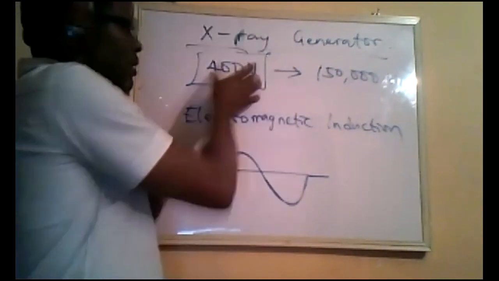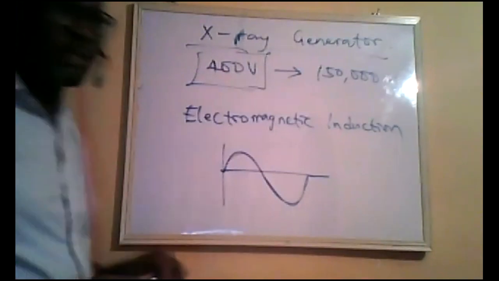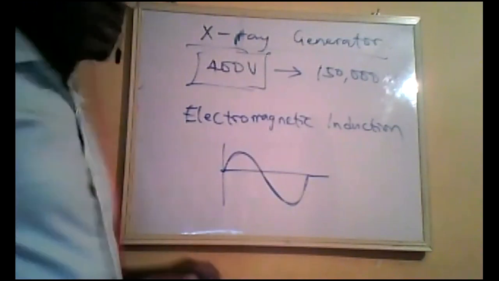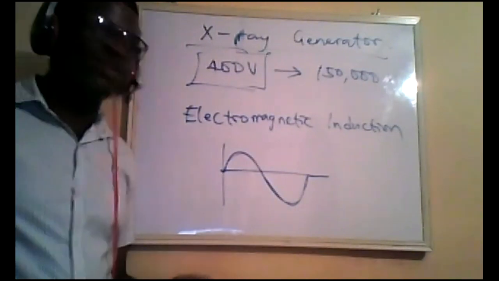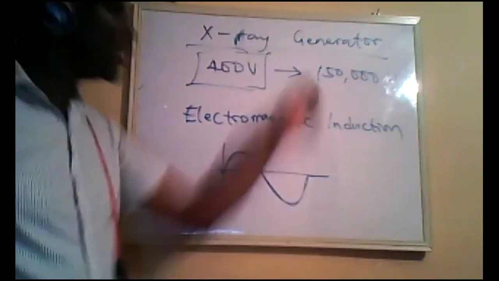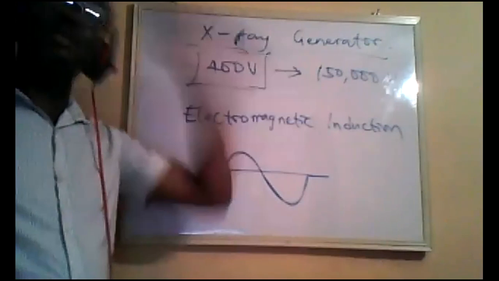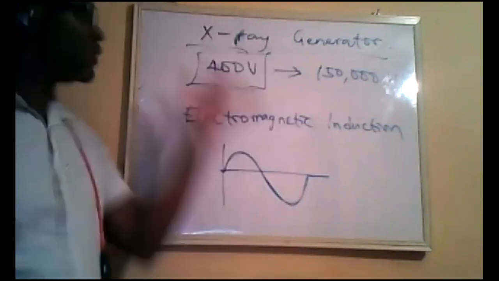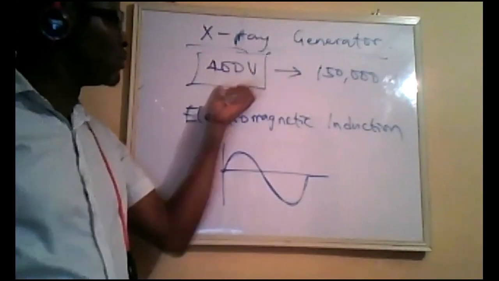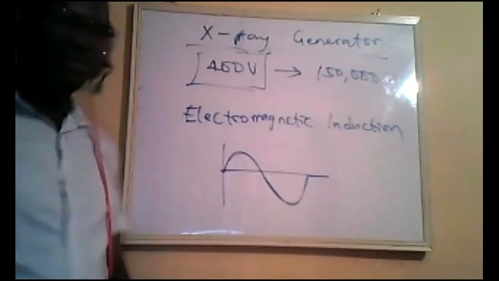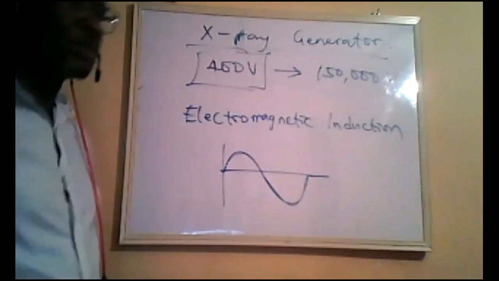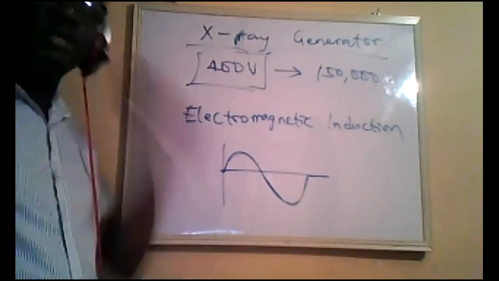If you want to design an X-ray, you want to know the type of electricity we are using there. If it is industrial, we want to know the type of transformer that the X-ray machine has got to come with. If it is 200 volts, we know the type of transformer that will transform 200 volts to 250,000 volts. So the engineer has to know all that in order to purchase the right form of